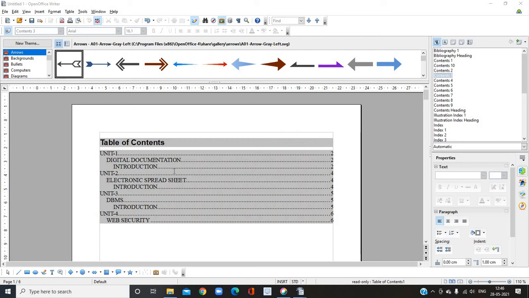Hyperlinks are nothing but, within a single click, we can move to that particular page or particular unit. For example, if I want to go to my second unit, with a single click I can go to that particular page by inserting hyperlinks.